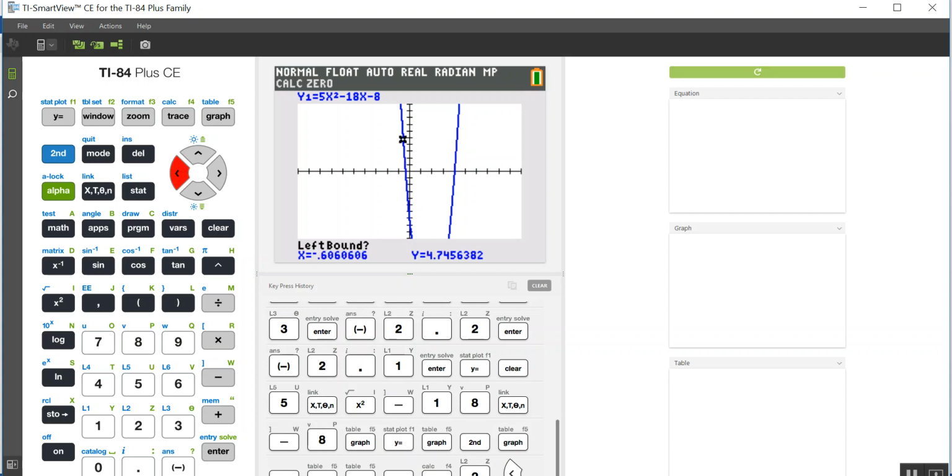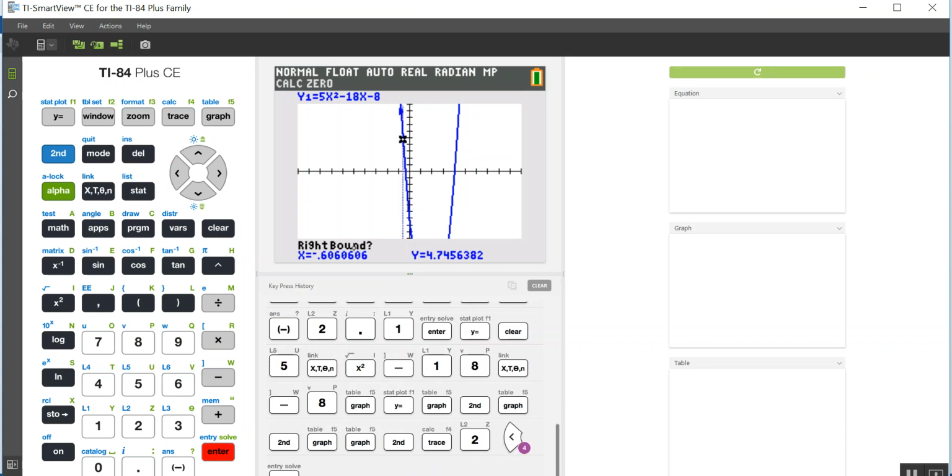Or I could put it one more. I could put it there. So that is to the left of my 0. So I'm going to hit enter. Now it's asking me for the right bound, so I'm going to put my cursor somewhere down here. Might even actually have to go off the, oh, that'll work. Okay, so that is to the right, so I'm going to hit enter,